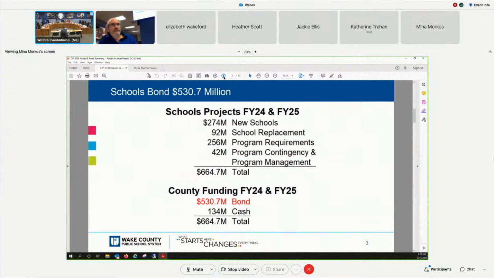All right. So this current slide gives you the bond breakdown that we've referenced. Note from top to bottom that this is a $530.7 million item. And as you go from top to bottom in fiscal years 24 and 25, you will see $274 million in the new schools line item. You will see $92 million for school replacement, $256 million under program requirements, and then $42 million in the program contingency and program management, bringing that total to